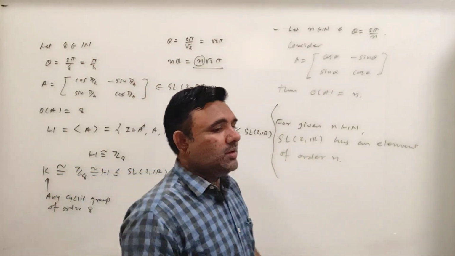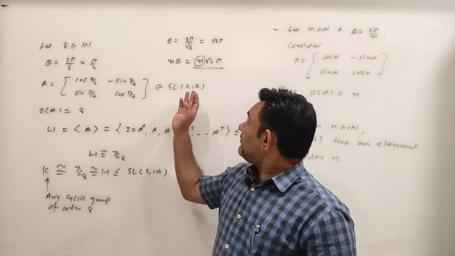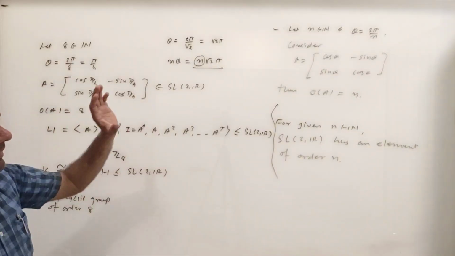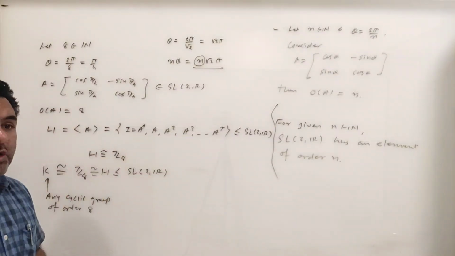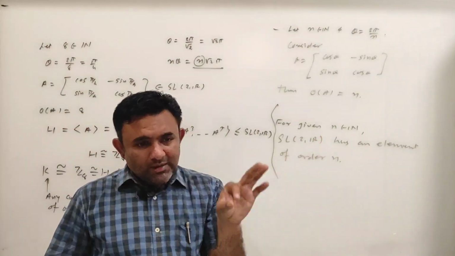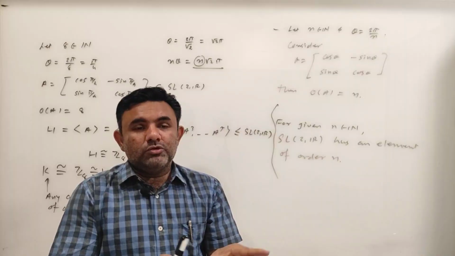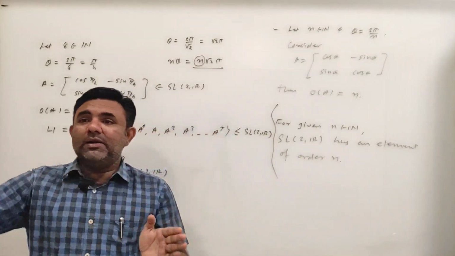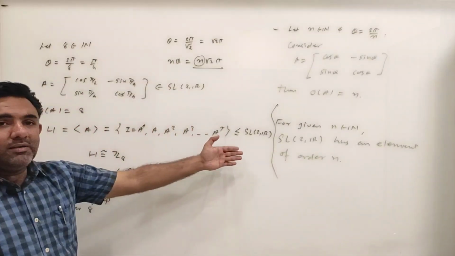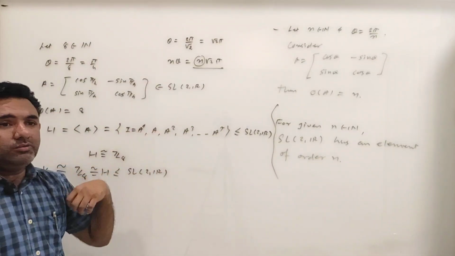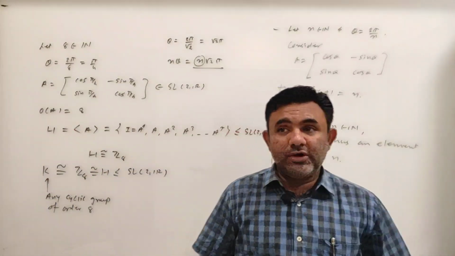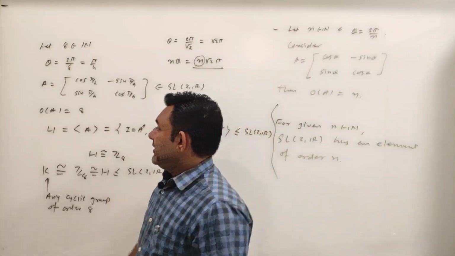So there are uncountably many elements in SL2R whose order is infinite. So with the help of that matrix, you consider a subgroup. So it will be an infinite cyclic subgroup. So that is, SL2R contains an infinite cyclic subgroup